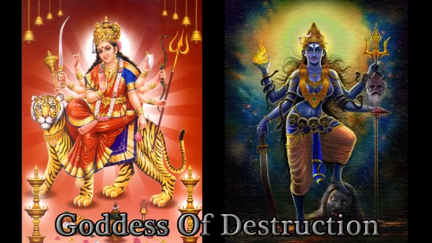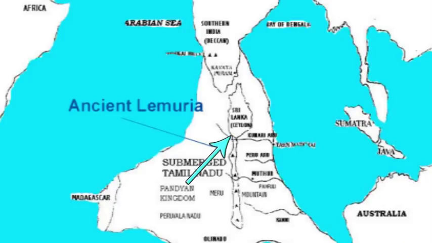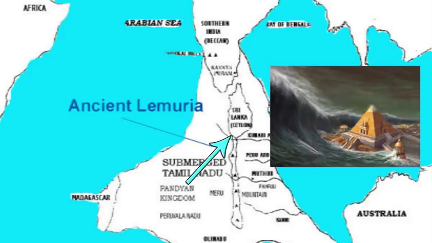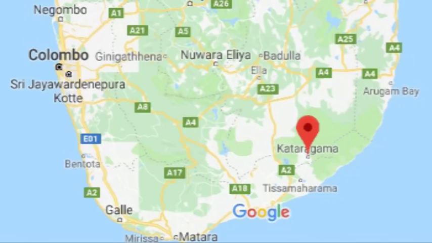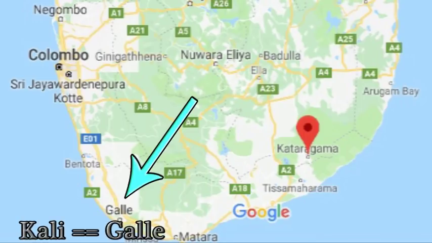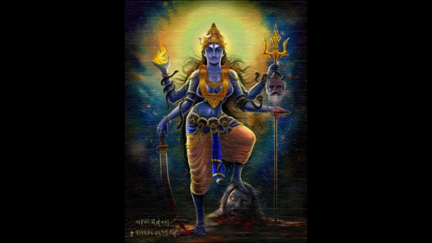Kali is the goddess of destruction. This direction reminds the destruction of mankind due to deluge, and Kali represents the destruction. In fact, there is a city named Kale in the southwest direction of Lanka. It is nothing but Kali spelled differently as Gale due to synchronization. There could have been a prominent Kali temple in that region during the Mayan times, thus obtaining its name.